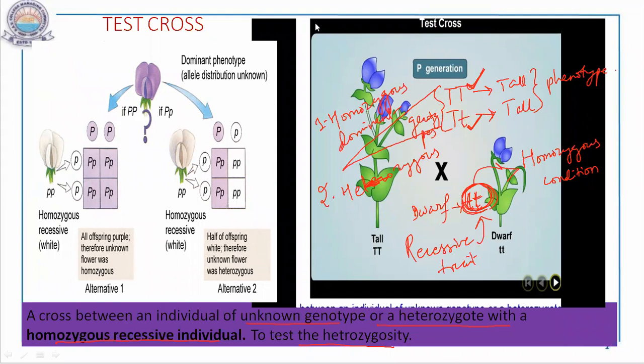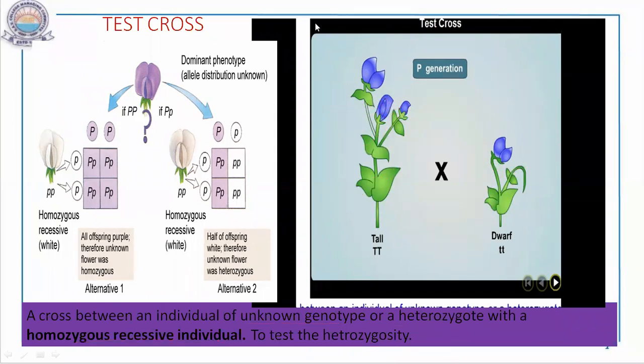Yes, ma'am. Okay, this much you understood. Now what I have to test? Suppose I will tell you. Now look at this example, you will understand. Here it is already written that this is a flower. This is a cross in the flower color, that is purple. You know it to be the dominant trait and white is to be the recessive trait.